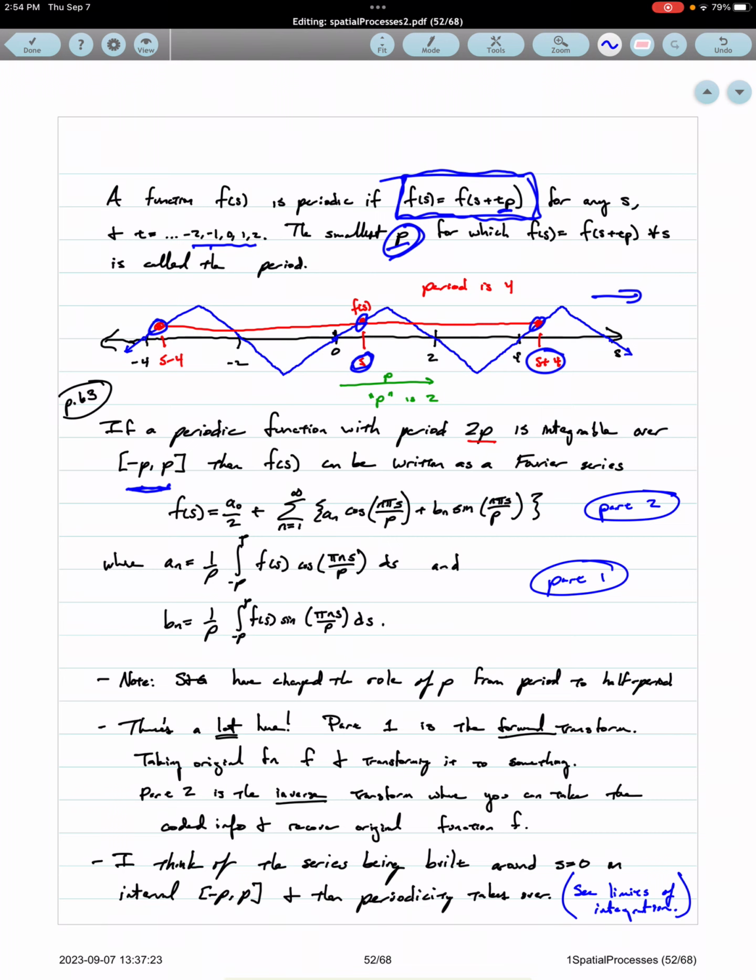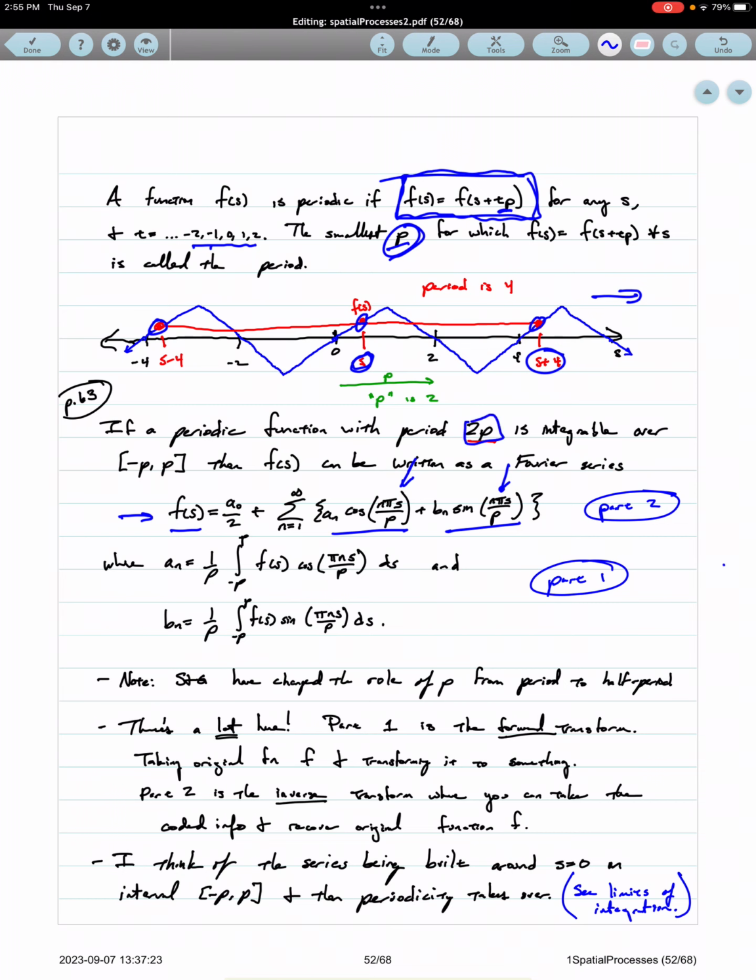Okay, so we start with a periodic function with period 2p, and this is what Schabenberger and Gotway say. They say that the function that we start with can be written in this form here, which is a sum of basically cosine waves and sine waves. And those cosine waves and sine waves have been chosen with particular frequencies, and the frequencies are ones which repeat